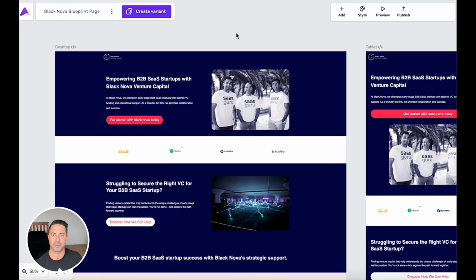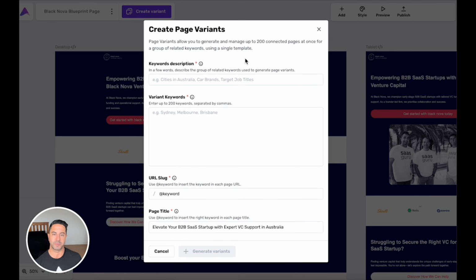And in order to do that, we need to click the Create Variant button here. Keywords description is the core topic for the group of variants. Variant keywords are the variant pages that you'd like to create. The URL slug is what you'd like your users to see within your subdomain, and the page title is the title of the page. For this use case, we're going to use venture capital for B2B SaaS